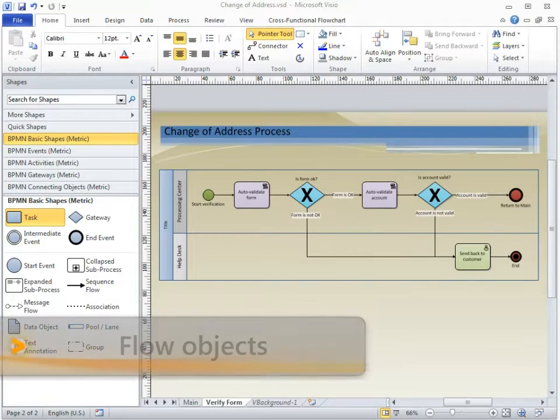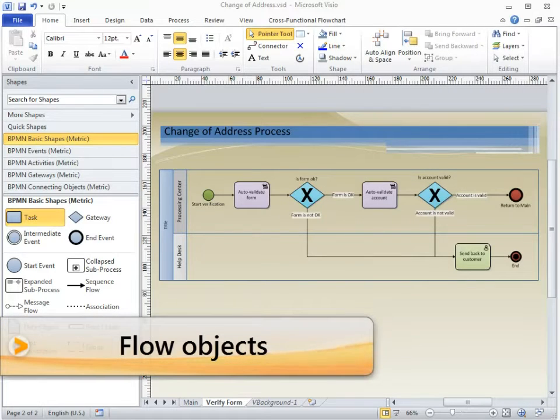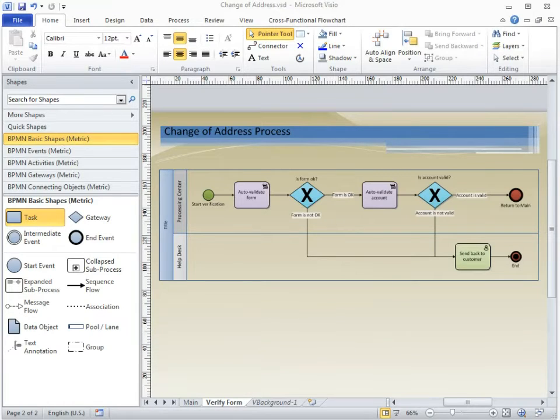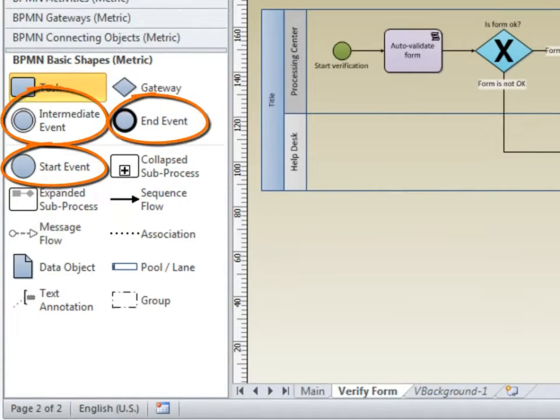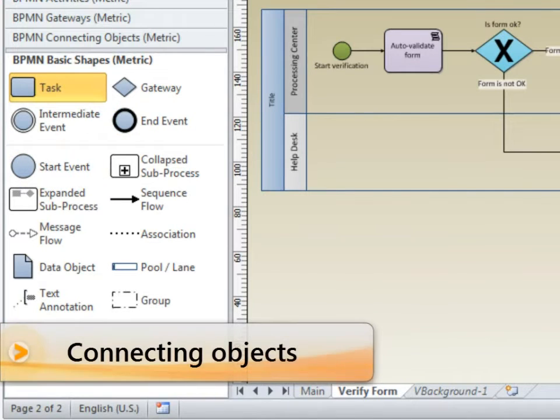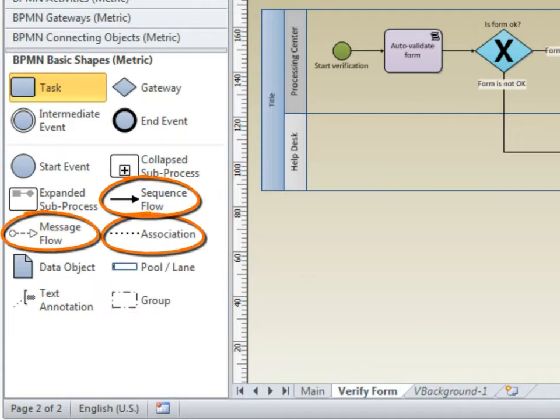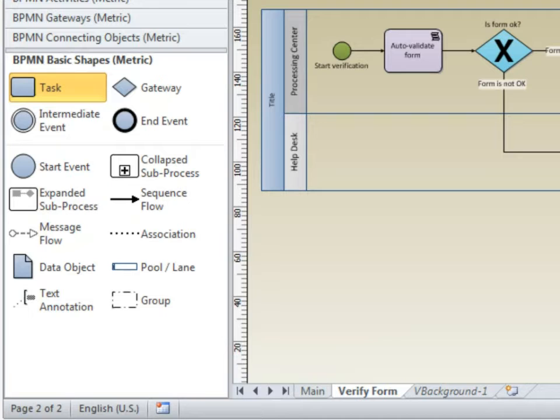Flow objects are the main objects you see in the process, the squares, diamonds, and circles. Those are the only 3 types of flow objects. Squares represent activities, generally tasks. Diamonds represent gateways, usually decisions of some kind. Circles represent events. Connecting objects are the lines and arrows that connect the other objects and show the direction of the process flow. There are 3 types, but I'll explain those later. They're easier to understand in context.